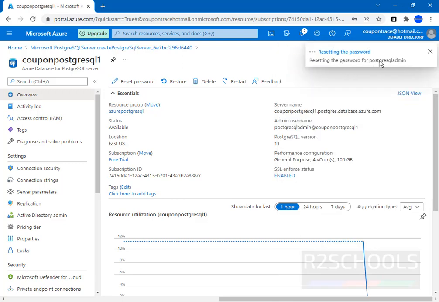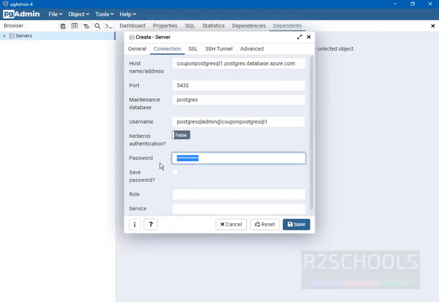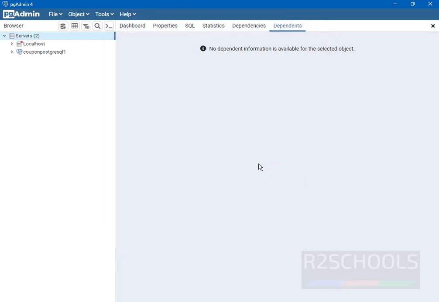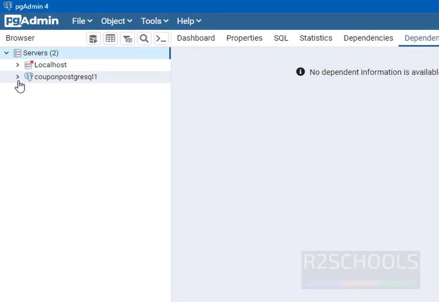It is resetting the password for postgresqladmin. Password reset is a success. Now go to the pgAdmin console, then provide the same password. Then click on Save. See, we have successfully connected to our Azure PostgreSQL server.